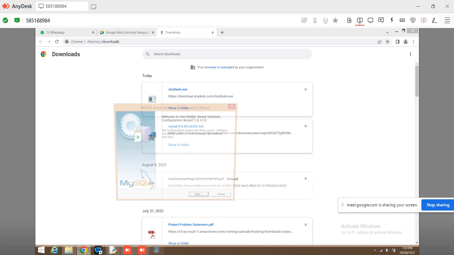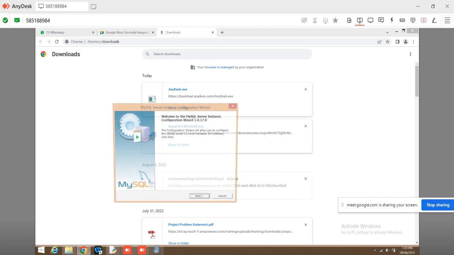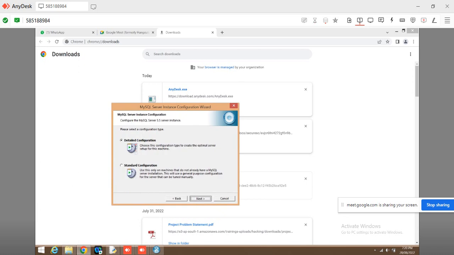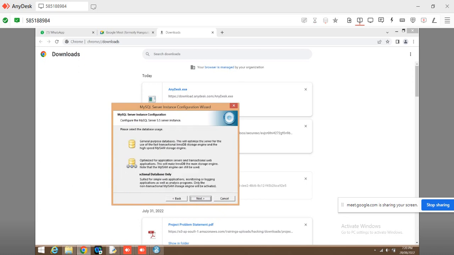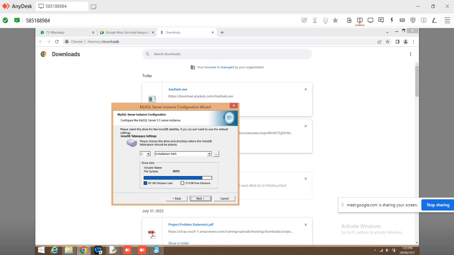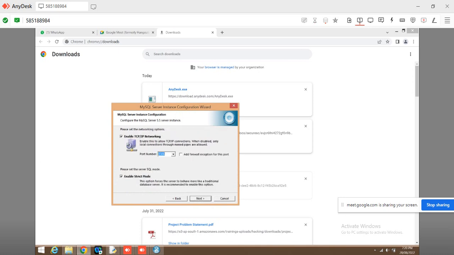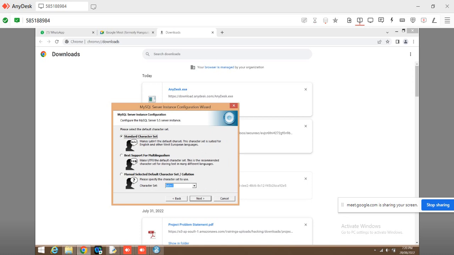Now what is the next step we have to do? See, click on next again. Again click on next, and again next, repeatedly through the screens.